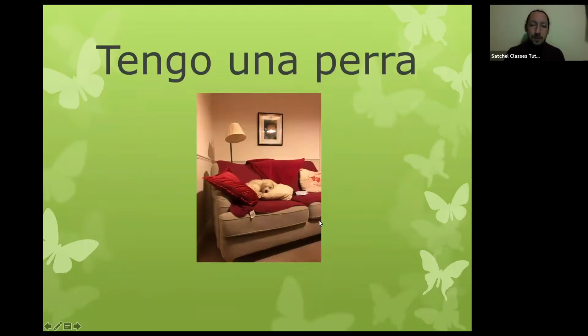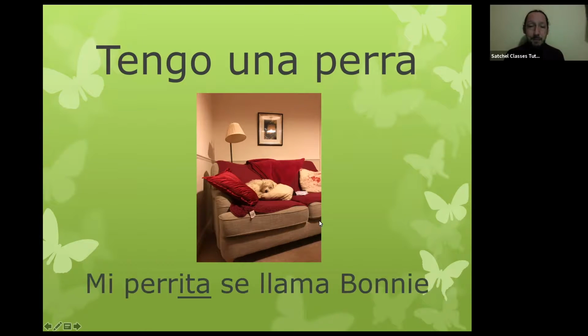Now, let me show you my doggy. Tengo una perra. That's my doggy in real life. Mi perrita se llama Bonnie. So previously I was telling you what my horse looks like, or some adjectives to describe my horse, but I